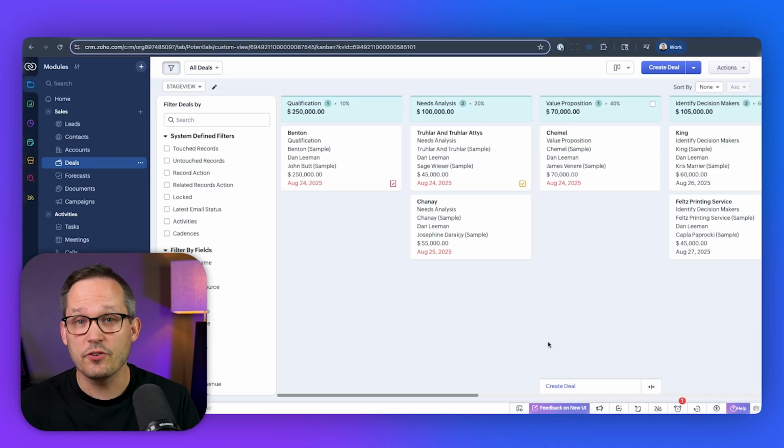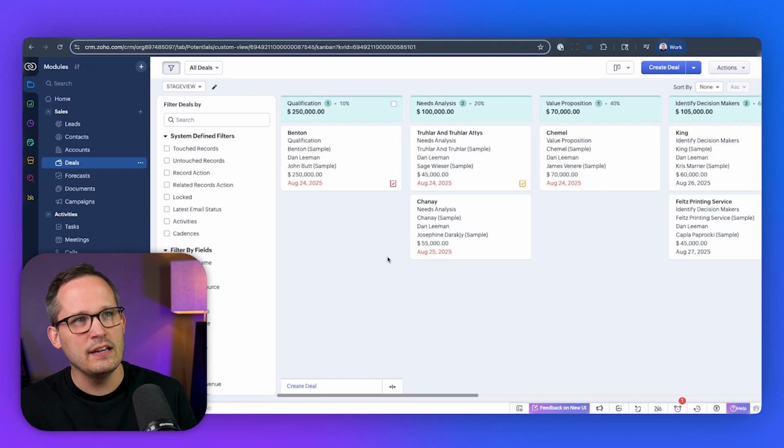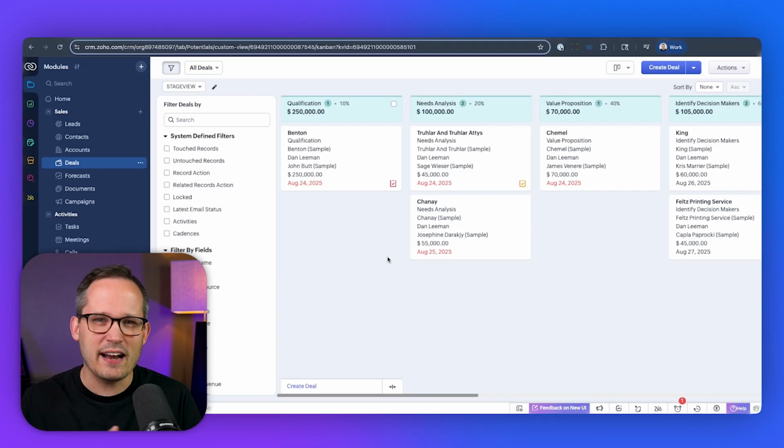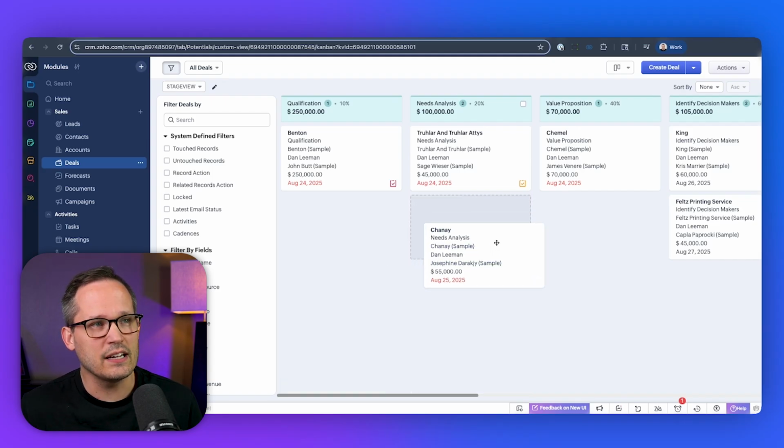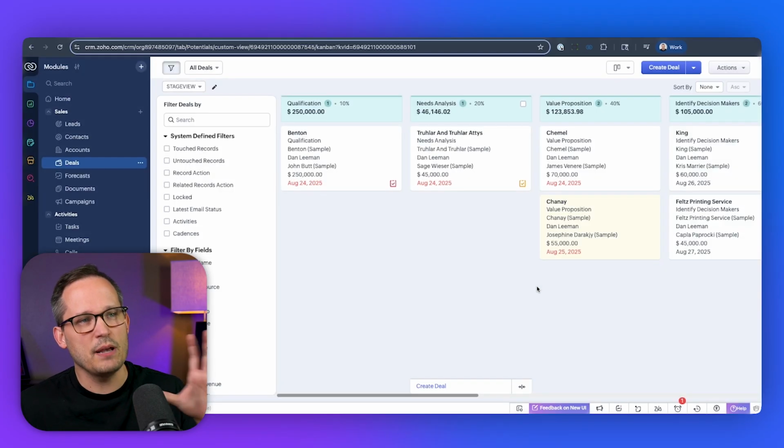I also really like the fact that you can create your own mapping logic here. So if you want certain fields mapped from that lead to go onto the deal or to go onto the account, that is all within your ability. Once we've converted and created our deals, we can then click onto our deals module. This by default is going to show that Kanban style view that you're probably used to inside of a CRM. So as our deals move between stages, we can click and manually drag those to be able to manage our